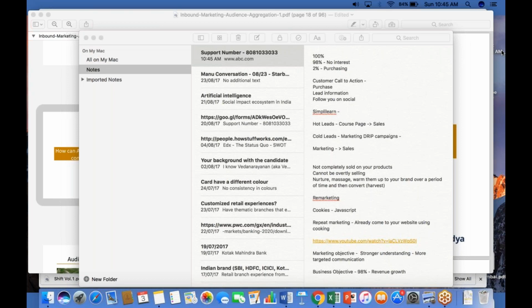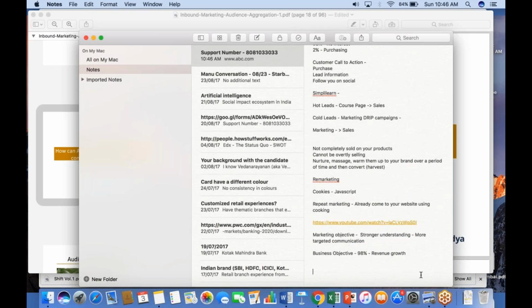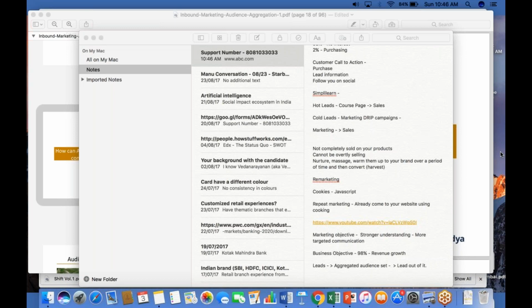And the point which Sudheep said is actually interesting. So he says that through customer aggregation, you can engage those audiences through different campaigns and later can make a lead out of it. So some of you might say that, hold on, these people are already leads. So why be generating a lead? So you have a lead which is generated first, which then turns into an aggregated audience set. And Sudheep is talking about creating another lead out of it. Is that actually right? Some of you might have that question.